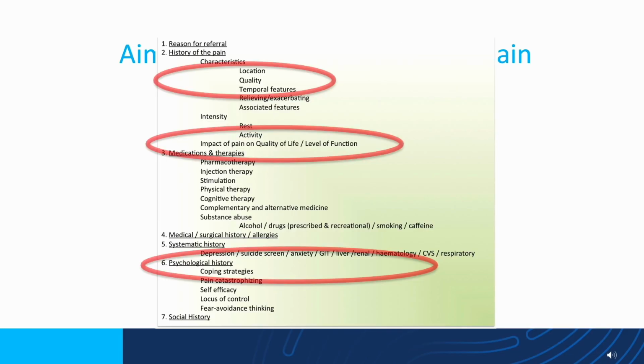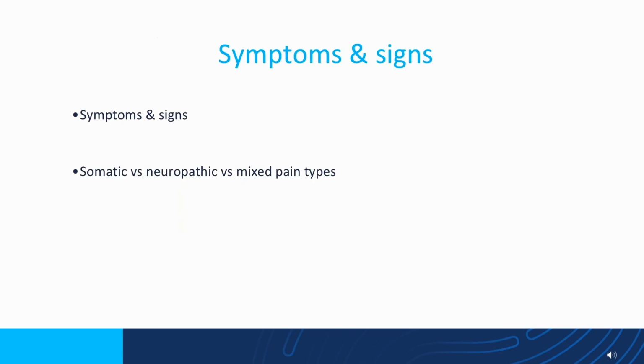So this is the good old-fashioned history of pain. You want to find out the pain characteristics. We know that. How it affects the person, absolutely. And then you want to find out about the psychodynamic or social aspects of the pain, which I've briefly mentioned. So you've got the pain, you've got the person in pain. Signs and symptoms. Well, when you talk to patients, you want to find out what the signs are, what the symptoms are. And you want to work out if this is a nociceptive pain, is this a neuropathic pain, is this a nociplastic pain? Or is it a mixed type of pain? So these are the things you're constantly thinking about.